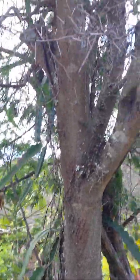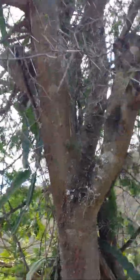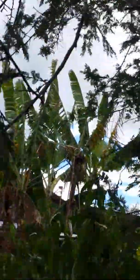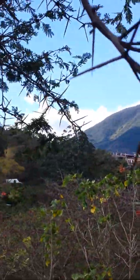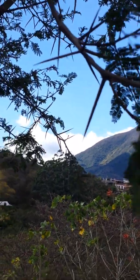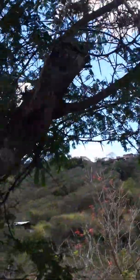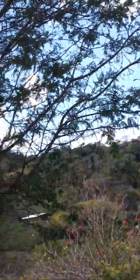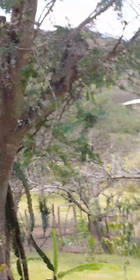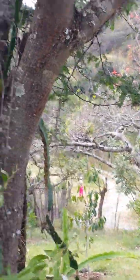This is why I've made the video. Can you see that? Let's see. Do you see these needles that are the size of nails? This tree is called fica, and it's like a weed. It grows here like crazy, super easy,